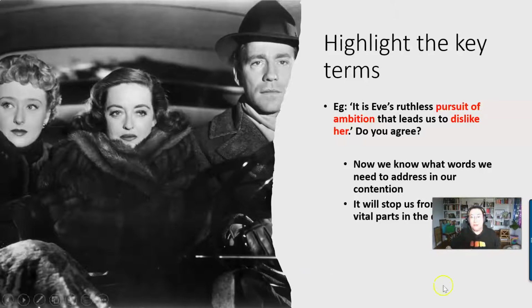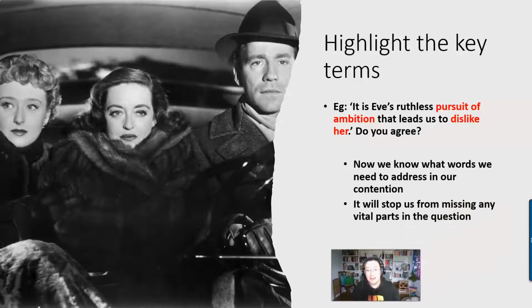So, once you've picked your question, what you want to do is highlight your key terms. Now, your key terms are the ones that, I guess, make or break the question. Okay, so for instance, with the question I've got, I've highlighted the key terms in red. So I've said it's pursuit of ambition and the words dislike her are the important ones in that question. The reason they're the important ones is because, without those words, the question wouldn't really mean much. Okay, so